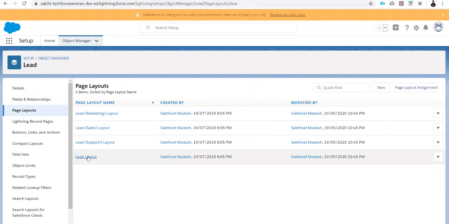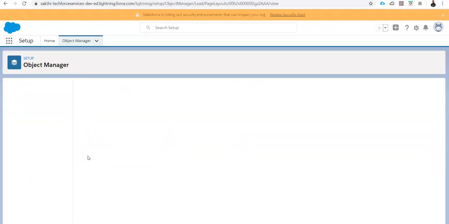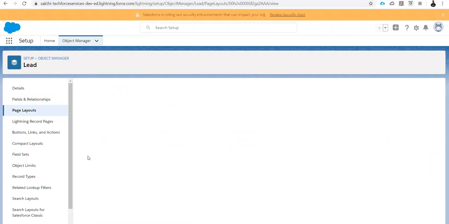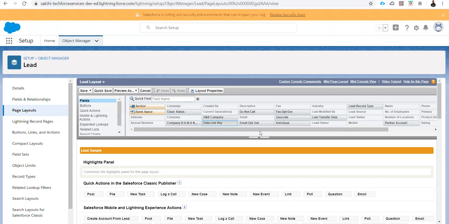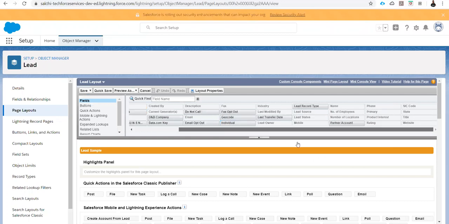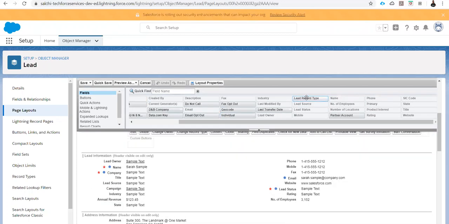Lead layout. The record type is not enabled, so let me enable it at the layout level. Clicking save.